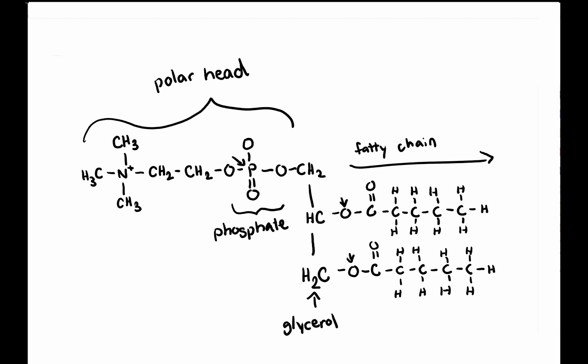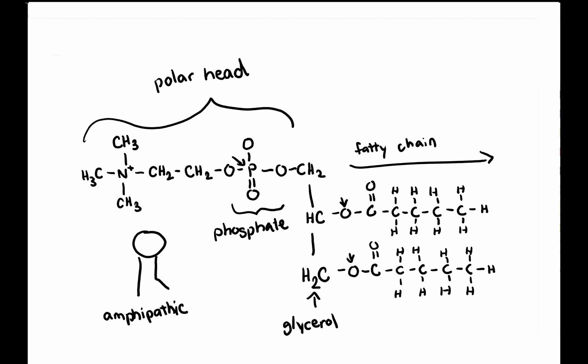And so when we draw out this phospholipid, it's generally drawn out with the phosphate head with two fatty acid chains. Now, when we were talking about this in our lipids lesson, we mentioned that this was amphipathic. And what amphipathic means is that you have a hydrophilic end and a hydrophobic end, or one end that loves water and one end that repels water. And so, as fatty acids are nonpolar, this is your hydrophobic end, and your polar head is your hydrophilic end